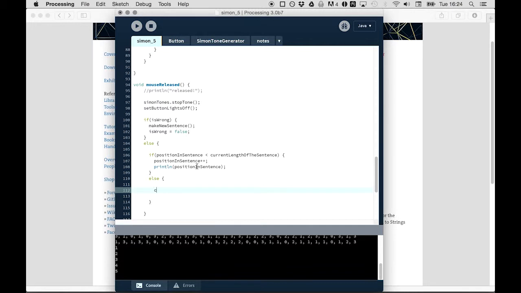We can say, okay, make the current length of the sentence 1 longer, like this, and again change the position in the sentence to 0, because it has to go backward, because Simon has to say again the sentence. And I can say, well, okay, now it's Simon's turn again. Is Simon's